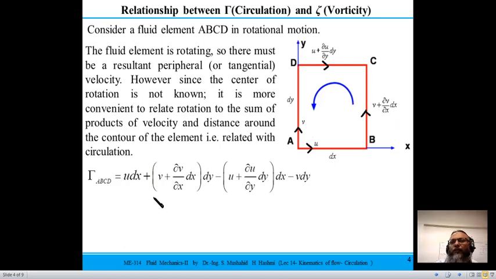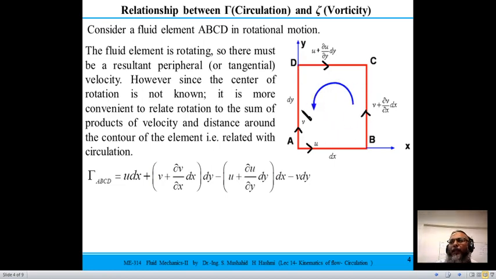So the integral is actually represented by this summation, so you are adding them together. It is important that the velocity is in the anti-clockwise direction here for element AB, and for element BC also in an anti-clockwise direction. But for element CD, the velocity is in the clockwise direction. So I have taken the negative of this velocity in order to calculate this circulation, where we have assumed